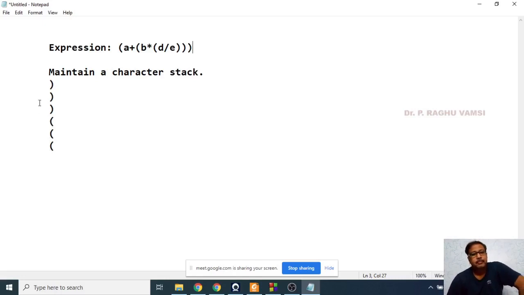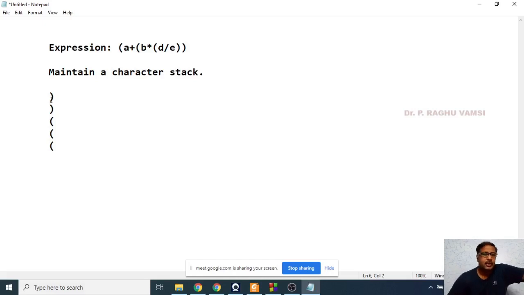So if the number of bracket opens is matched with the number of bracket closes, that means the expression has the correct way of bracket open and close. Assume that I have not given this bracket close. Okay, then I may not get this bracket close here.